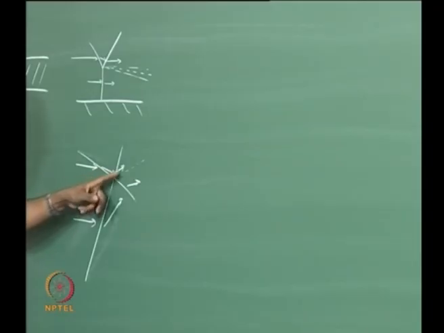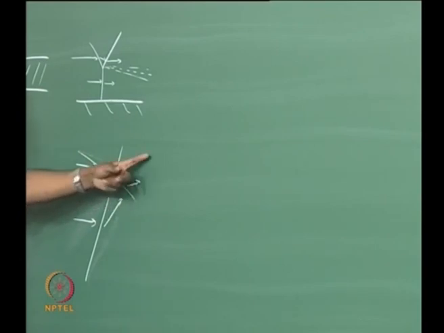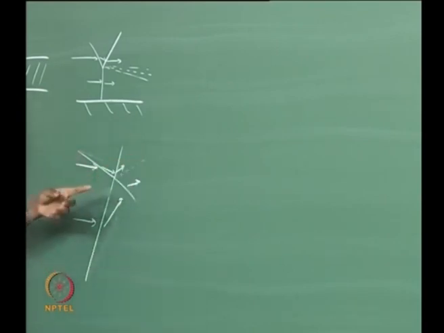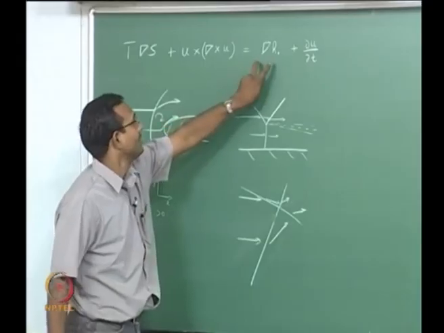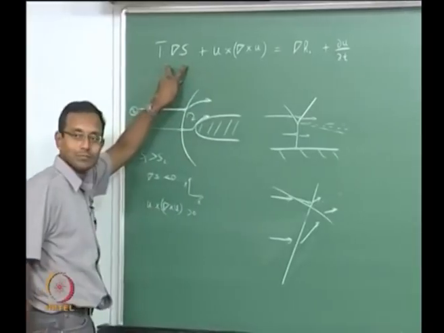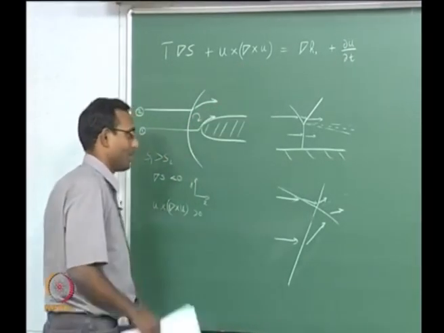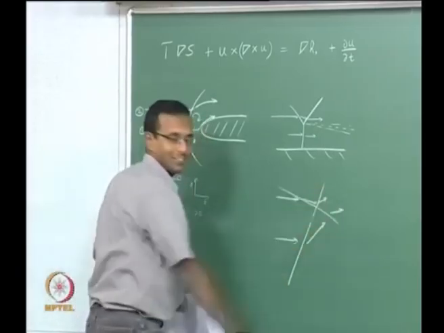Okay, every term in this will go to 0. If I go across this line, they are processed by a different set of shocks. So only across this line there will be vorticity. Only on the line there will be vorticity finally. Because across this line del H naught is 0, dou u by dou t is 0, but del S is not 0. Because of that there will be vorticity produced. Okay. I have picked a problem again, it is going to give the same kind of vorticity.